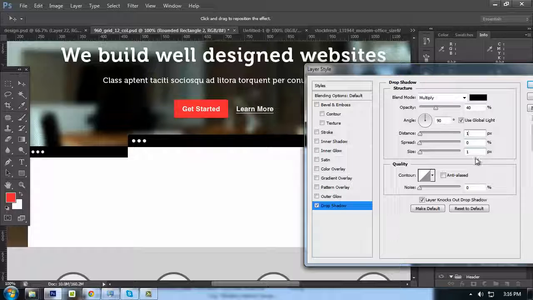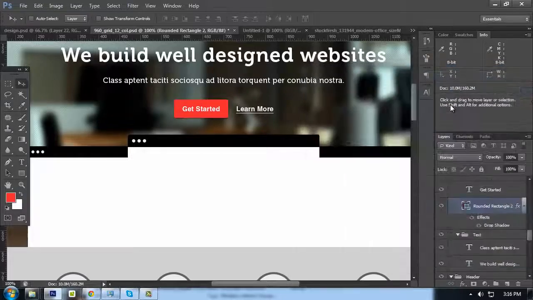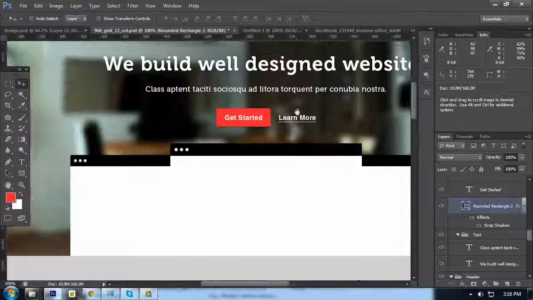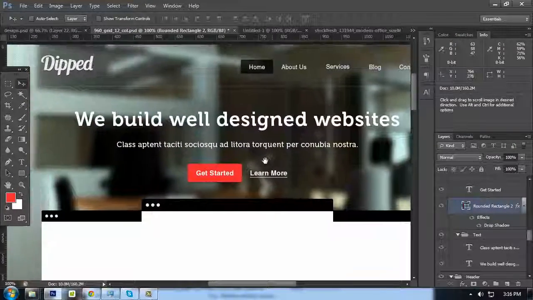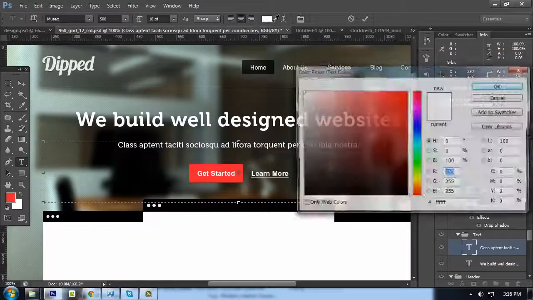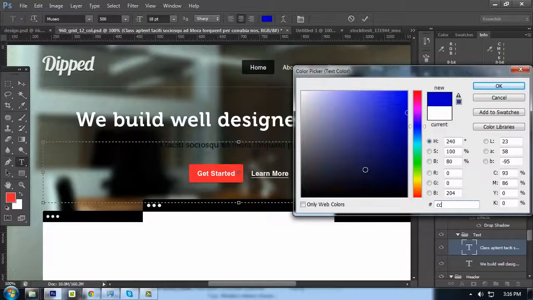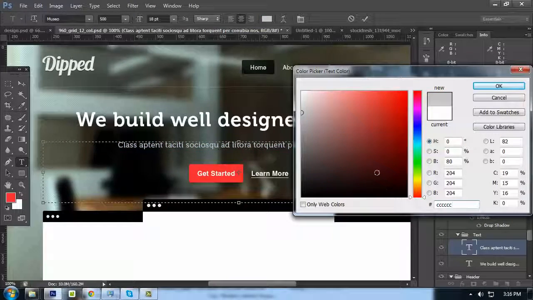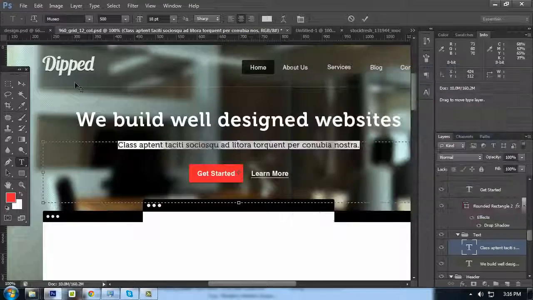Just make it 1 and 1, or maybe 2, 30. Yep, that will do. And for this text, let's make it a lighter one, so maybe 1, 2, 3, 4, 5, 6. CCCC will do,